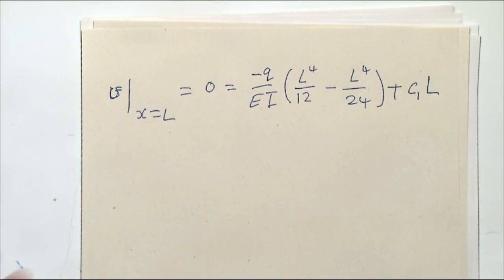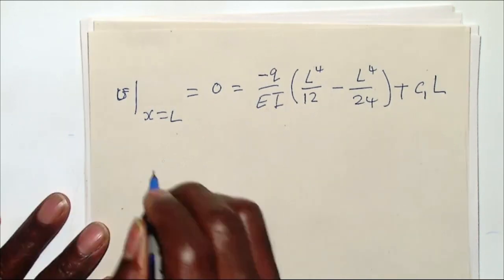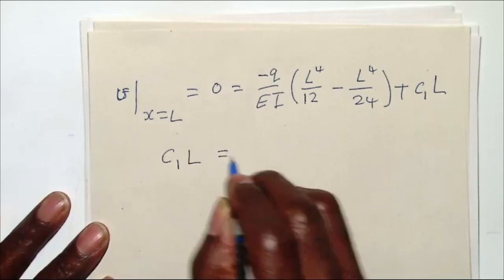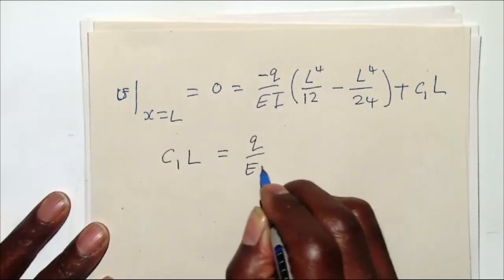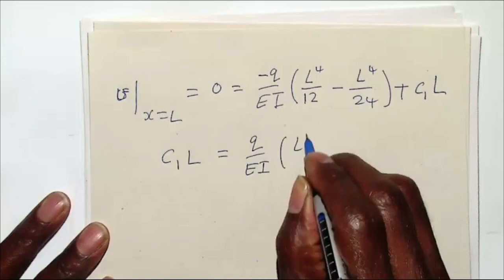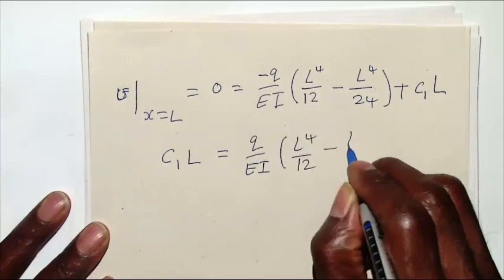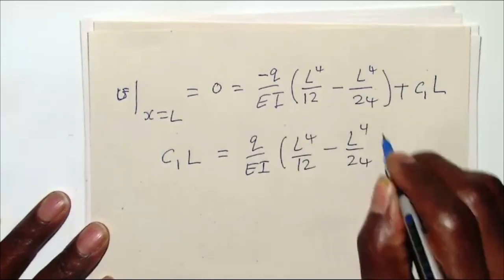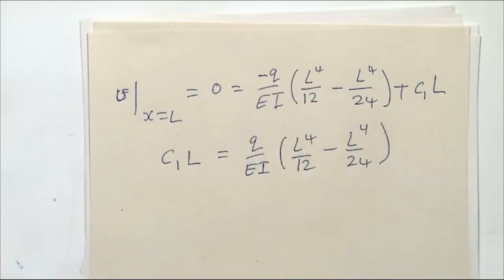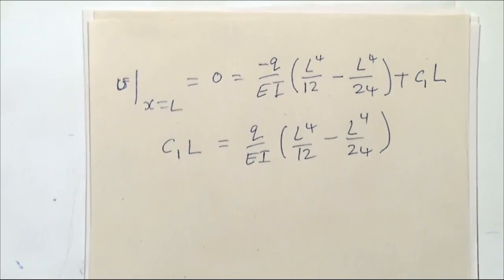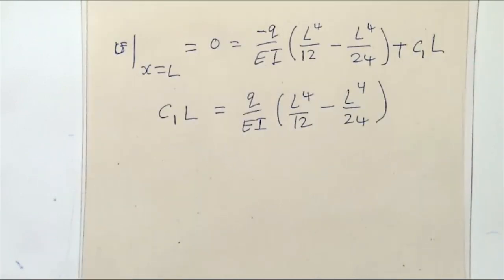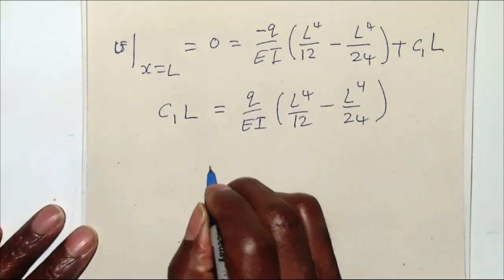So if I move all of this to the left-hand side, I have C1L equals Q over EI, L4 over 12 minus L4 over 24. There's a factor of 1 over 12 in what we have in that bracket. I can take 1 over 12 out. I will have